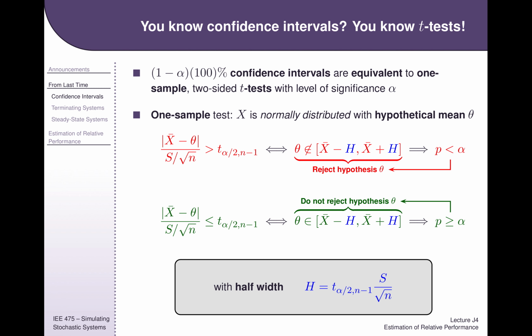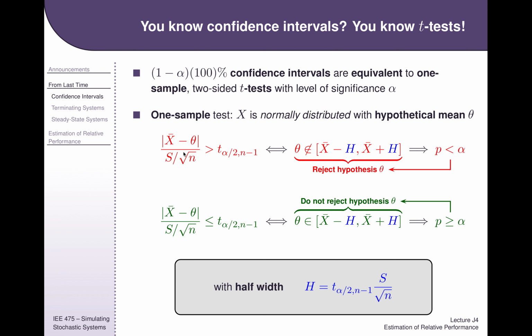The way we derive the confidence interval is just by doing t-tests. On the left-hand side of this top row, I've got the condition for rejecting a hypothesis in a t-test. I've taken some data and calculated this x bar, which is my estimate of the mean. If I were to take the same amount of data again, I would get a different mean. If I keep doing that, those means would form a distribution. It would be a little bell curve, and that bell curve would have this variance down here at the bottom.